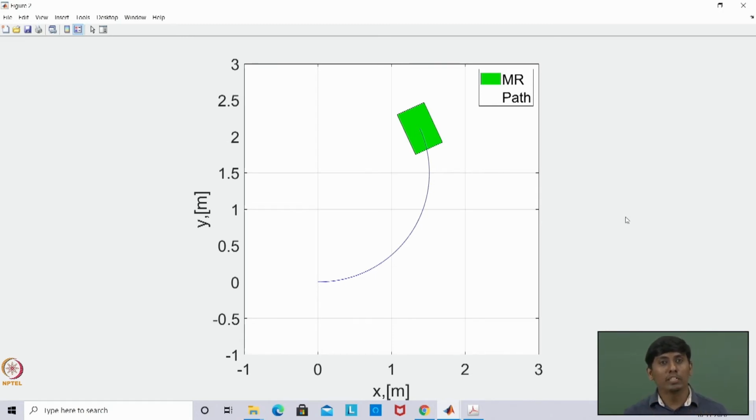Once you know this, in the next lecture, lecture 7, where you bring in the wheel kinematic model, you can put the wheel here and see the overall animation. So how the individual wheel contributes, you can easily realize. For example, with a differential wheel drive, when you have a left drive and right drive, how each is dominating, you can see in the vehicle motion animation, rather than just plotting time versus x of t, y of t, or time versus u and v. That is not going to be helpful, but this motion animation would be very helpful. I hope you got how to do vehicle motion animation.